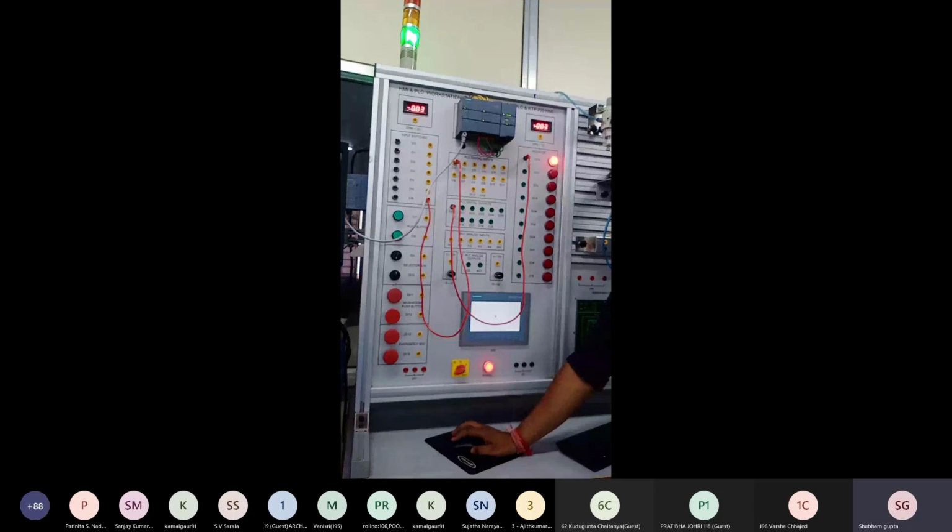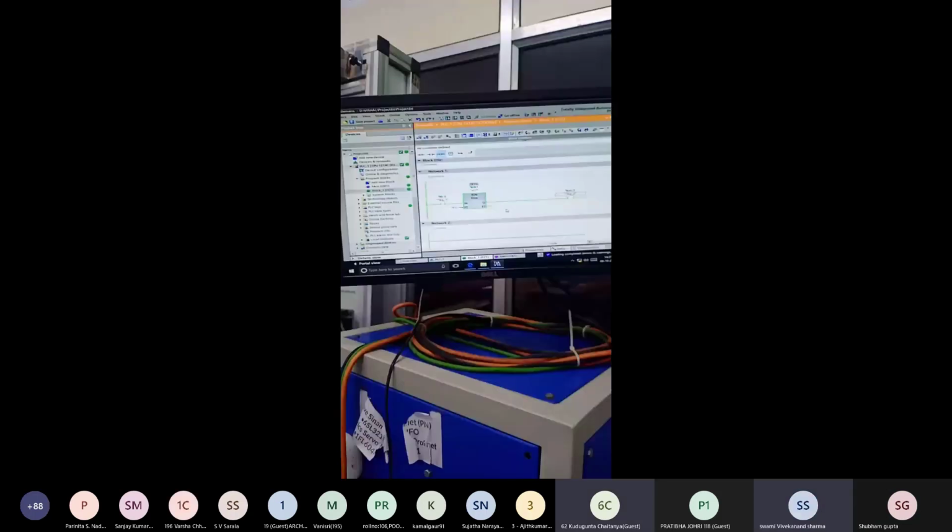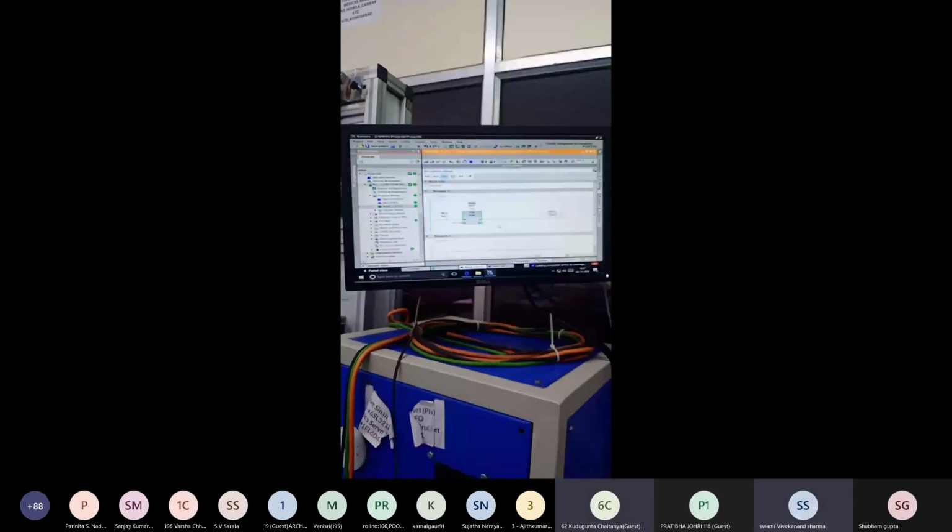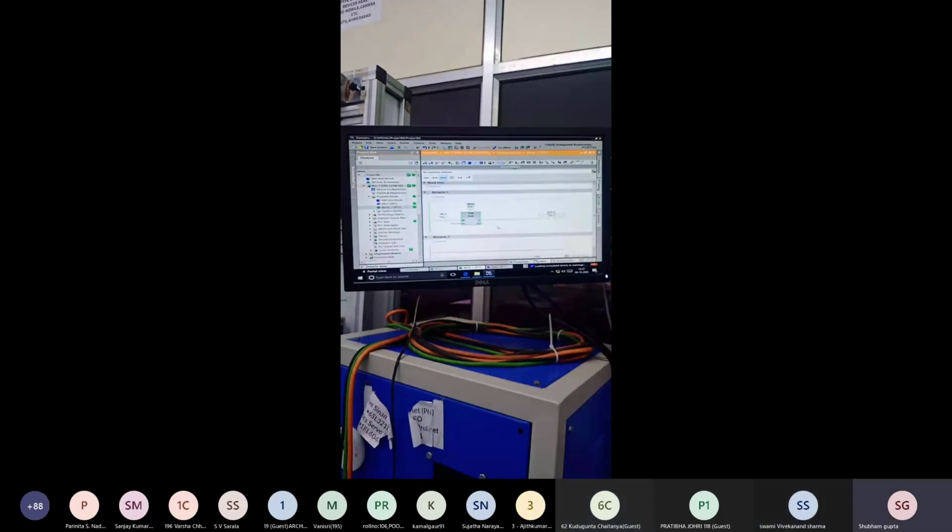Anyone has a doubt in timer? Once the timer starts, sir, is there any option to stop it in between? To stop the timer. This T-on type timer starts from 0 when we start it, but if we want, we can use another timer, TONR, the retentive type timer.